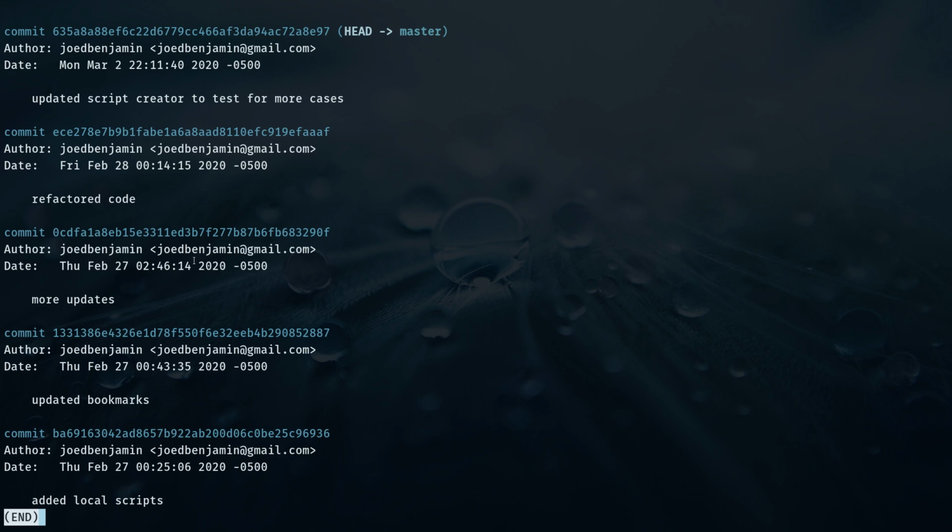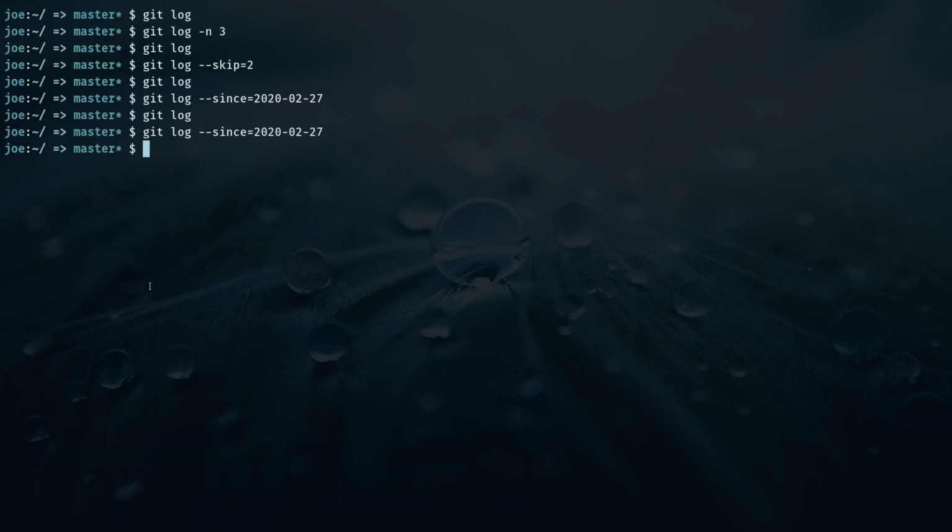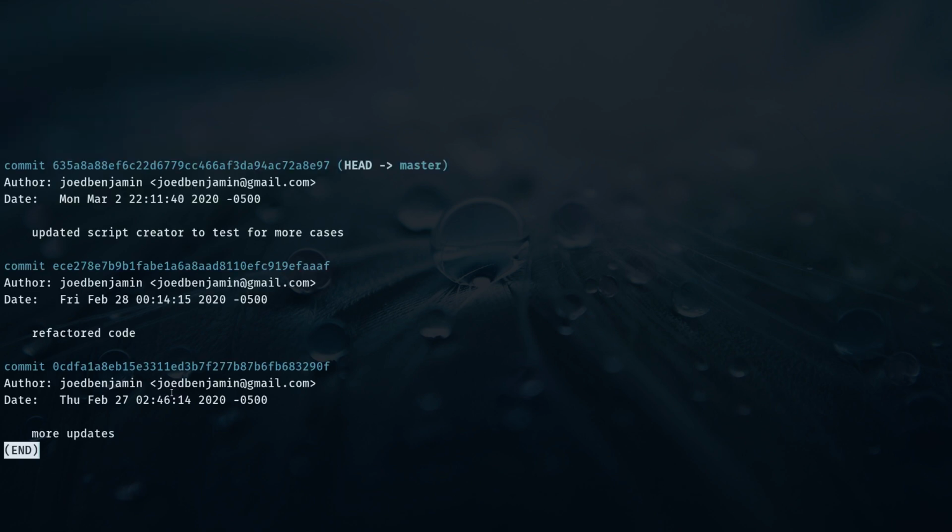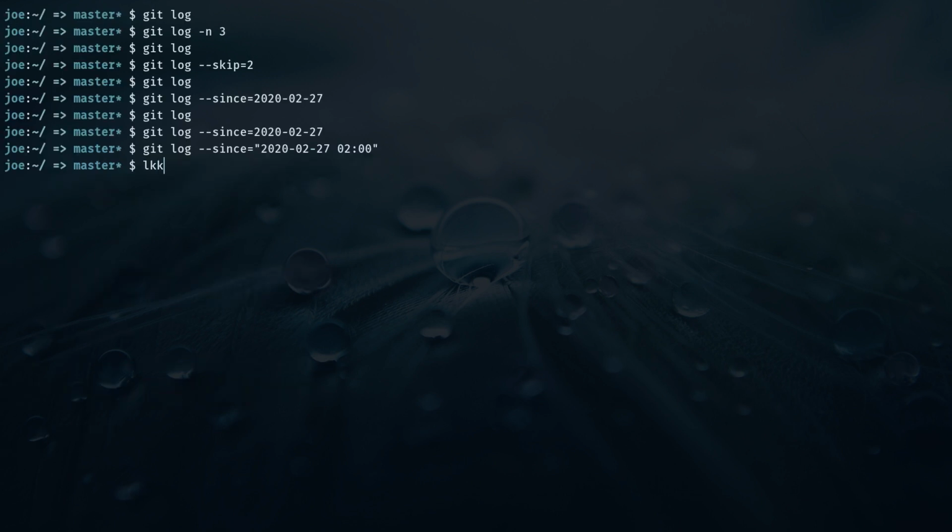So let's say I want to Git log from 2 o'clock a.m. on the 27th. I can do that as well. Let me surround this with a quote since I'm going to have stuff separated here. And let's just say that was 02 o'clock. And you can even go down to the minutes and the seconds. So let's just go first with